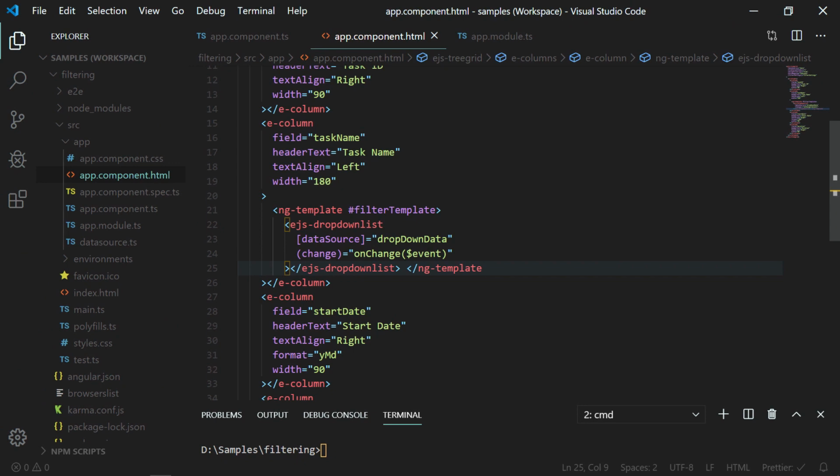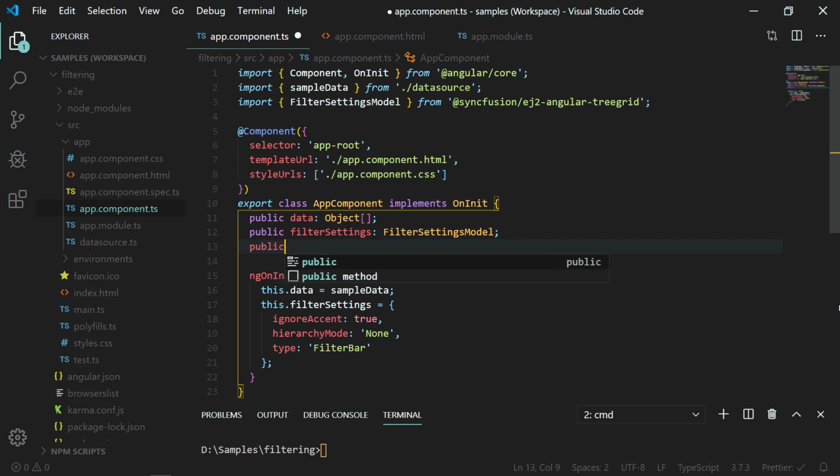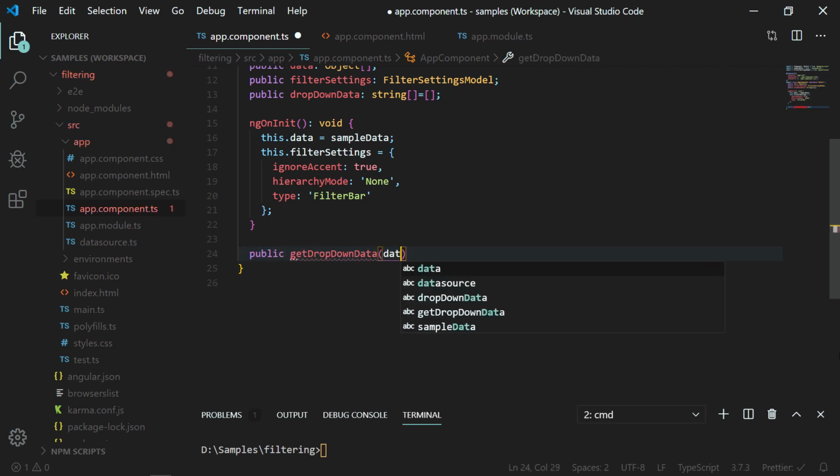First, I will define the data source. In the app component class, I am creating a variable named dropdownData of type string array and assigning an empty array so that I can add values dynamically at runtime. I am creating a method getDropdownData with object array as parameter.